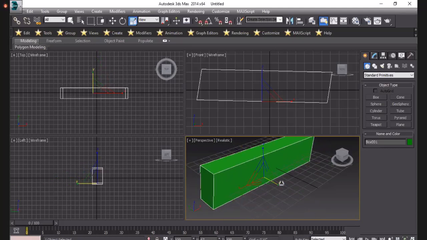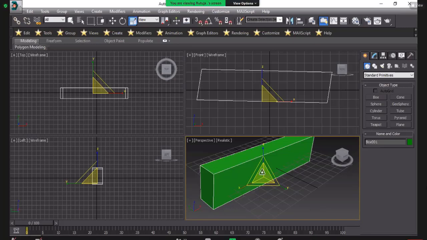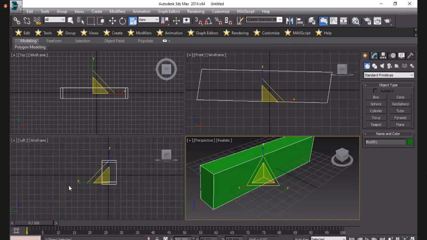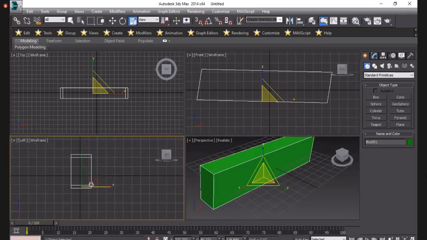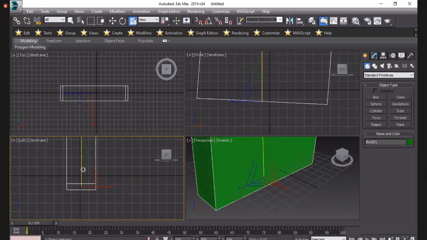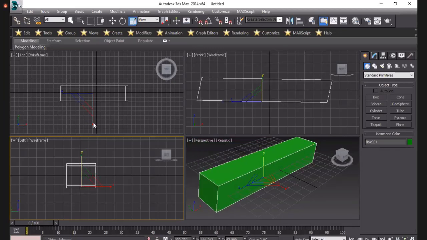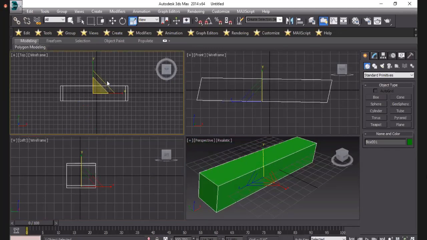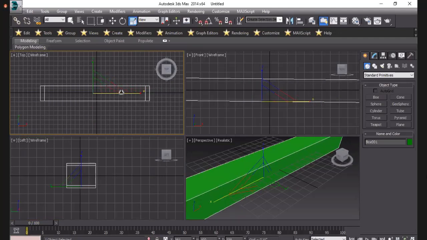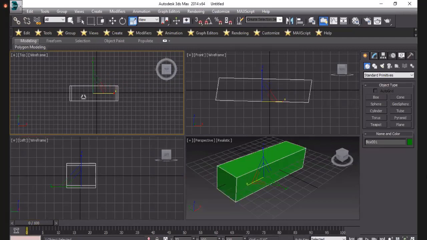So it simply shows four directions of our object. If you create any object in the perspective view, then it also shows in the front, top and left side also. If you want to edit on this side, go with it. I will change this also. Just simply click and drag, select and drag.